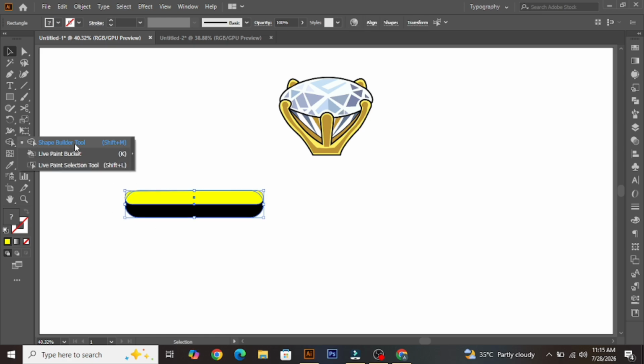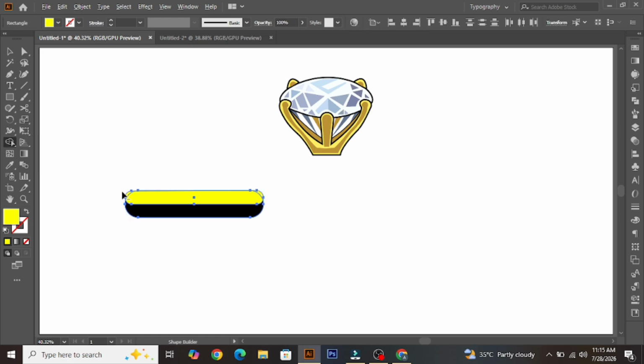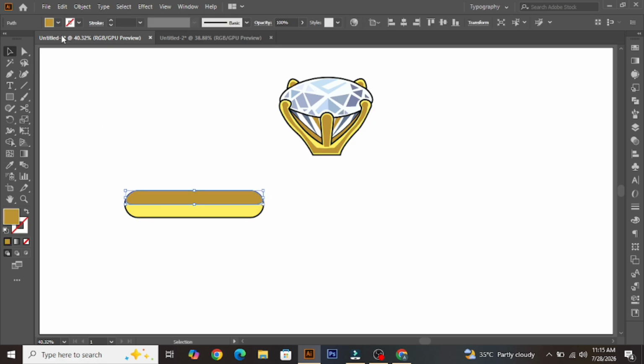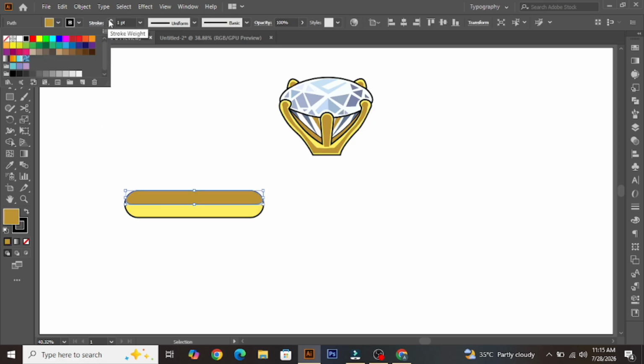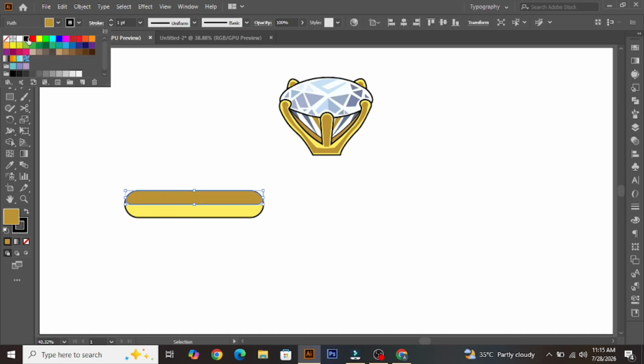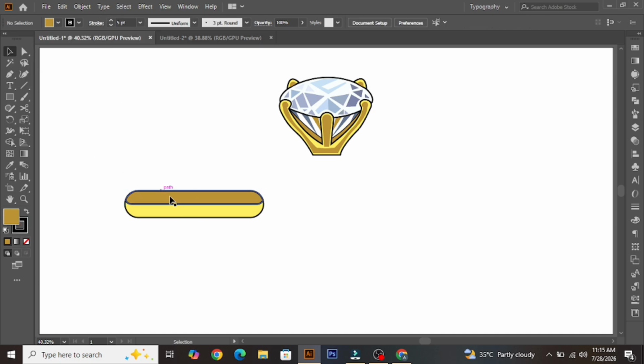Take shape builder tool and cut its edges that are outside and then fill the color one by one in both rectangles and then add stroke to the rectangle and then group them both and